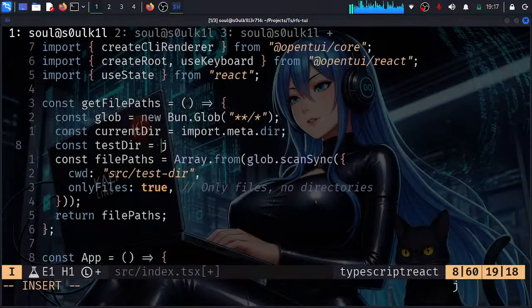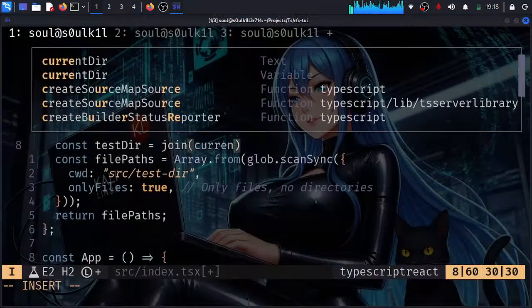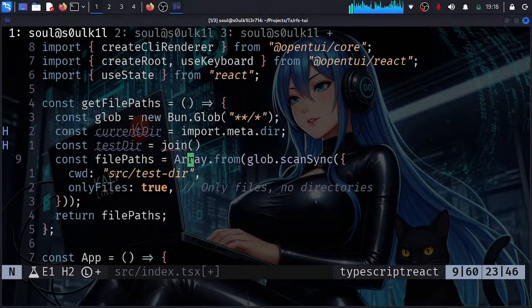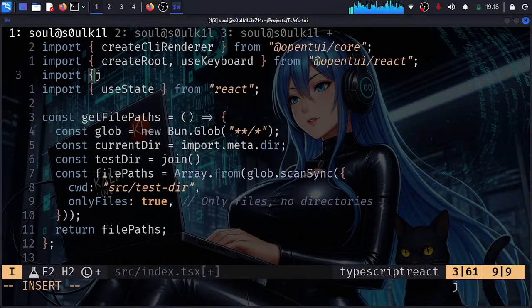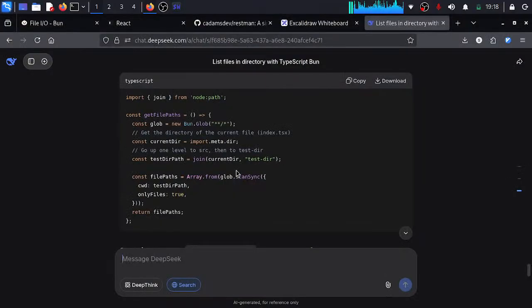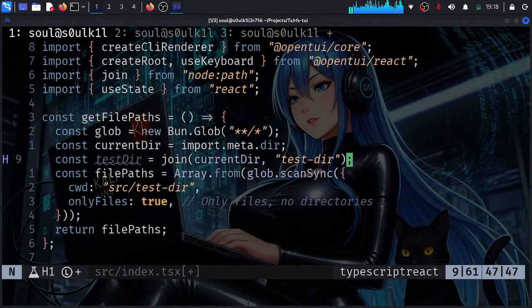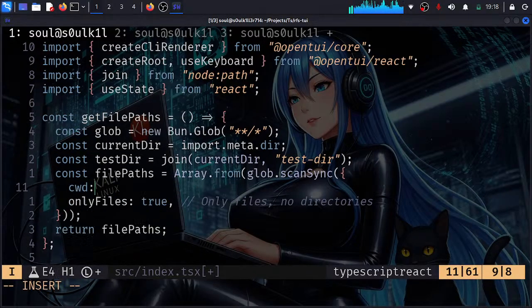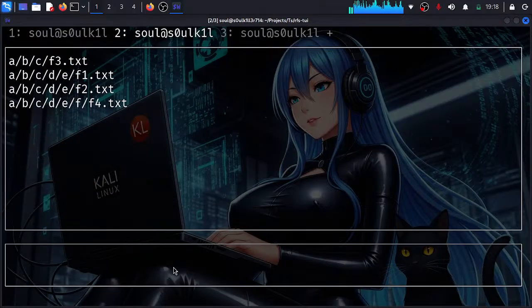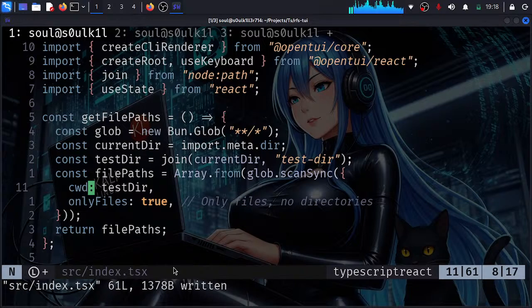This dir will be join. Okay, import join from node path, and join will be current dir and then test dir. All right. Nice, actually nice. Exactly what I was looking for. So see, this works,